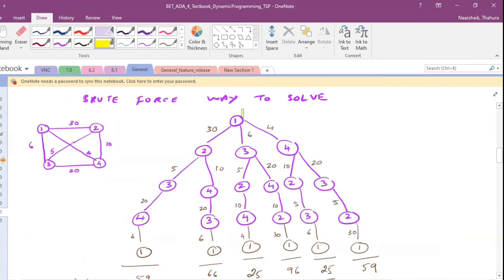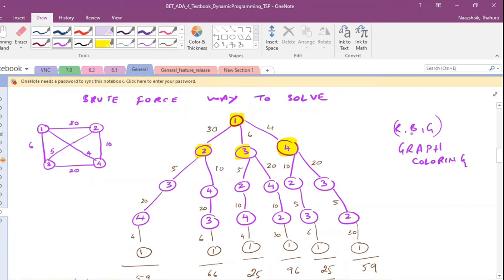This is more like a graph approach. So what did we say? We said, okay, you start with 1. How many possible combinations are there? You can go either to 2, 3, or 4, right? And this is more like, remember, the red, blue, green graph. We did graph coloring, right? Or sum of subsets or n-queens problem. It is the same as that.